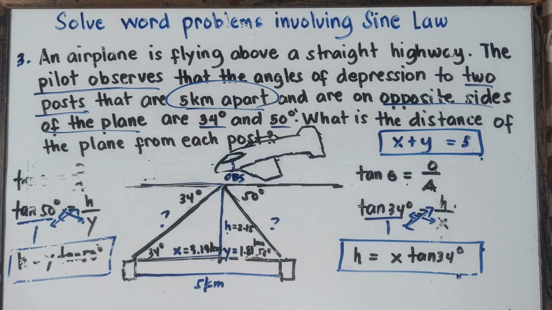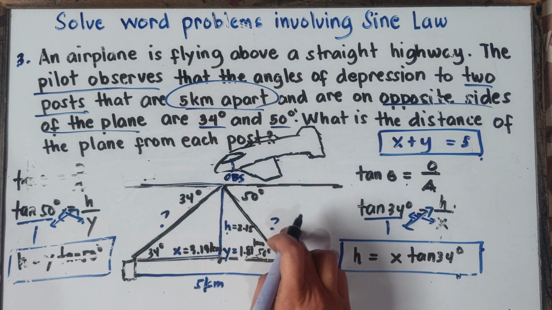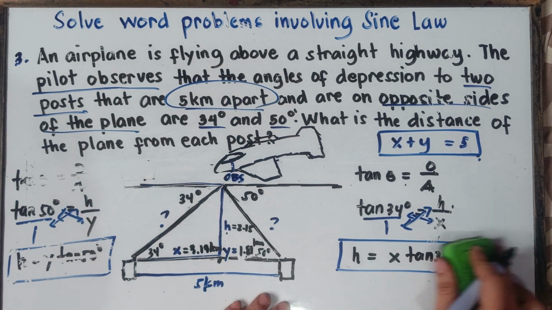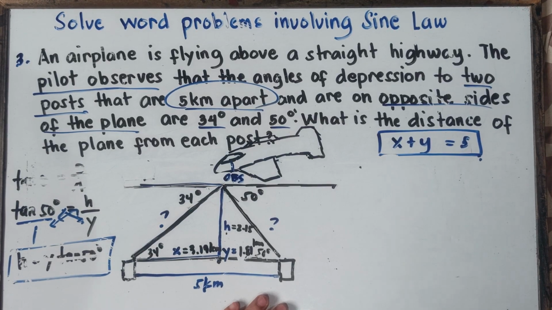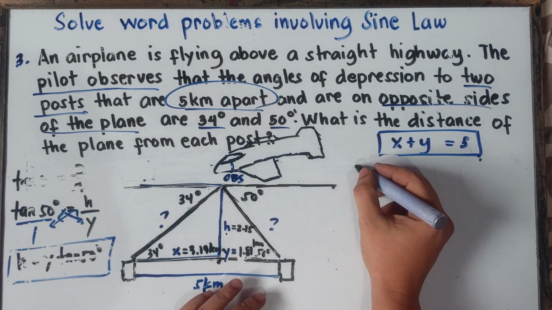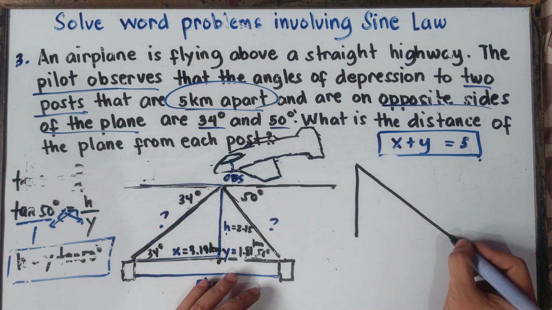2.15. Alright, now question, can we find this one? Yup, we can find this one, class, applying Pythagorean theorem. Let me just draw that one, class. This triangle. Almost done, class. Last step, class. Let me draw that one.